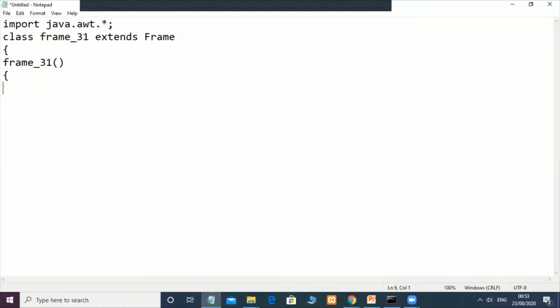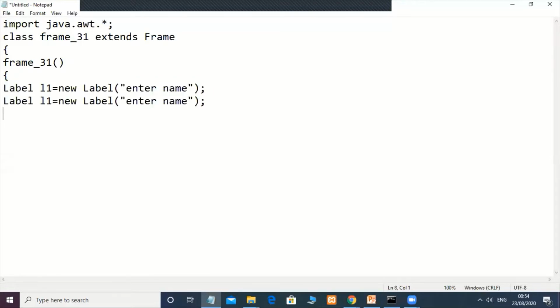Then create a label L1, new Label, write here Enter name, then create a second label for the password, Enter password, and create the object L2.